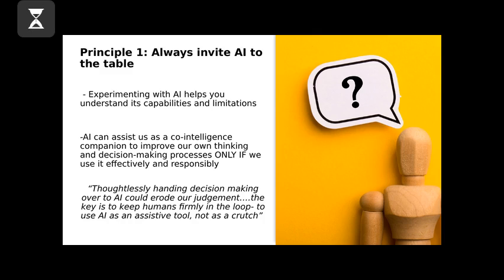So that's why, by using different AI tools, for example, if you're using LLMs, chatbots, you should use different types of LLMs. You should try out ChatGPT, Claude, Gemini. You should use them for different tasks. You should try out different prompting techniques on them and see what kind of outputs AI generates. So, the only way to gain experience in AI is by experimenting with it. But while experimenting with it, we need to keep in mind that AI is a co-intelligence, it's a collaborator, it's not a crutch that we should completely rely on to generate any kind of output.